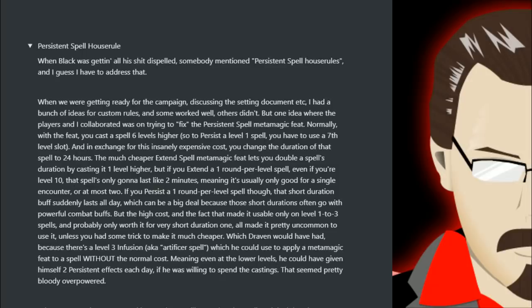But the high cost, and the fact that it was usable only on level 1 to 3 spells, and probably only worth it for very short duration ones, all made it pretty uncommon to use, unless you had some trick to make it much cheaper, which Draven would have had, because there's a level 3 infusion, aka Artificer spell, which he could use to apply a metamagic feat to a spell without the normal cost, meaning that at the lower levels, he could have given himself 2 persistent effects each day if he was willing to spend the castings. That seemed pretty bloody overpowered.